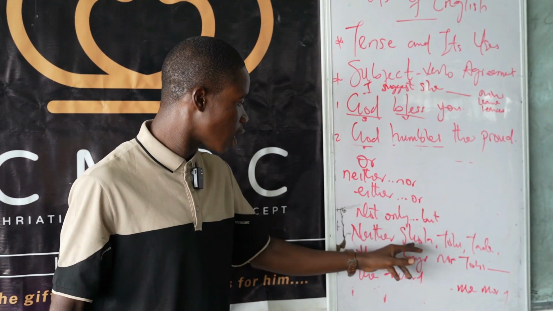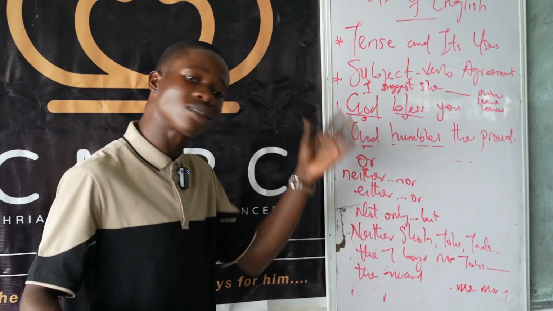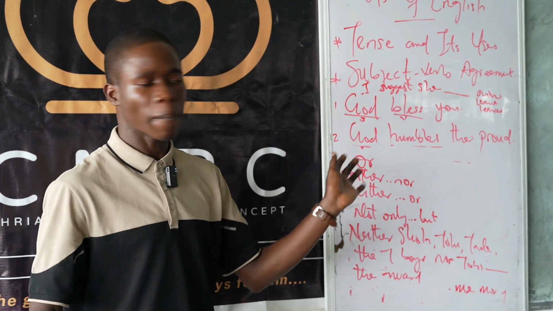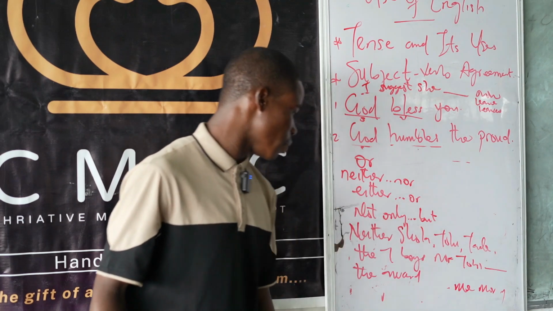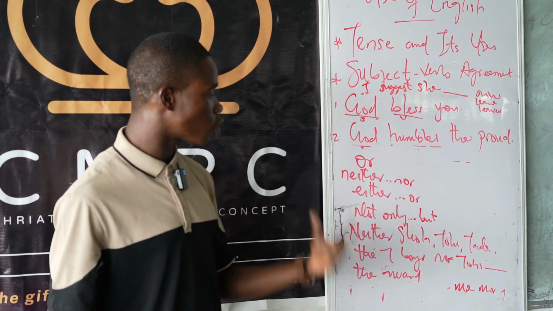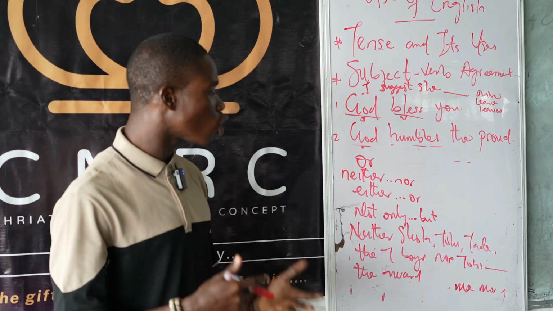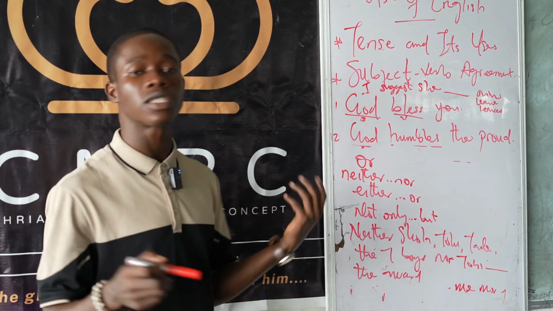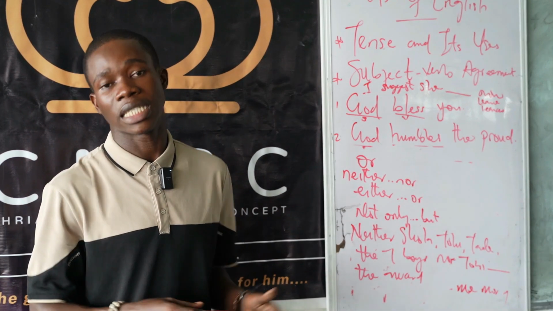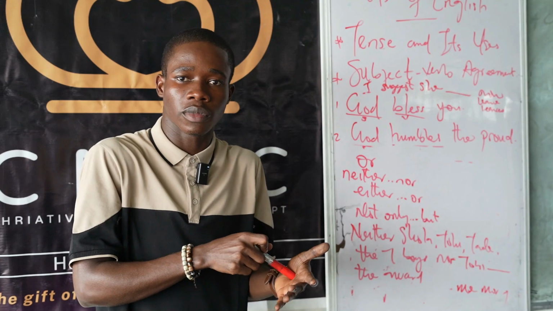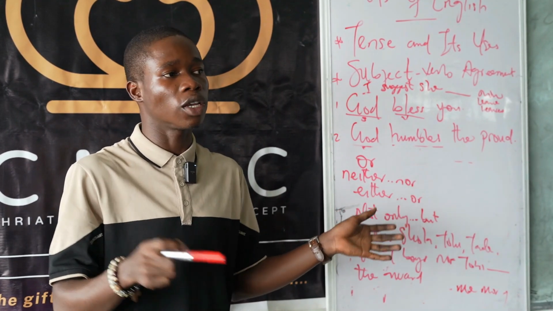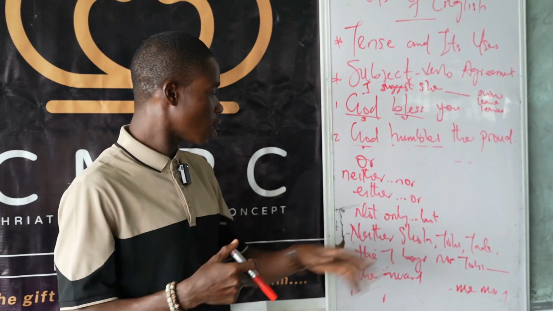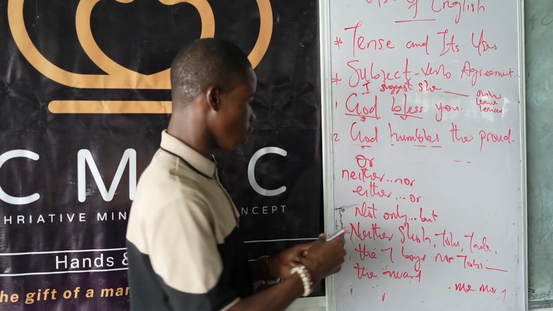So when we have neither Shola, Tolu, Tade, the 7 boys, count all of them away, and only focus on Toby, which is singular. So you are going to use a singular verb here. That means you say neither Shola, Tolu, Tade, the 7 boys, nor Toby deserves the award. Deserves, not deserve. That would be wrong because you have not followed the rule of proximity concord. So Toby deserves the award.